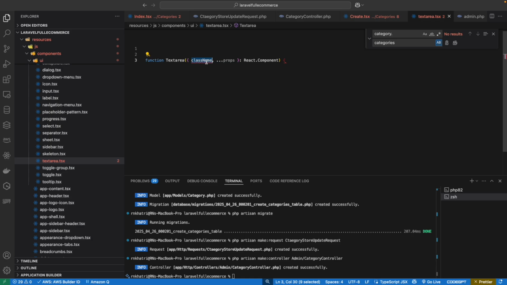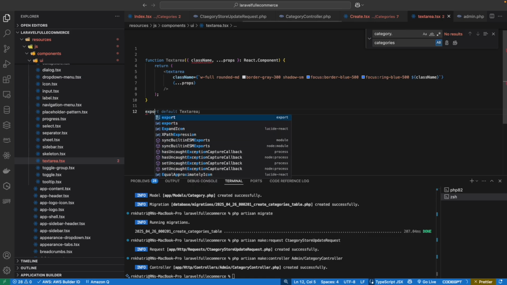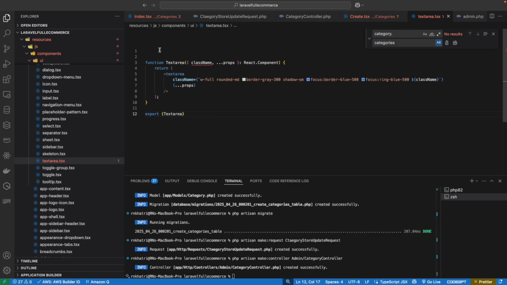Okay, and then let's pass your props, right? So then default export text area, right? Import here